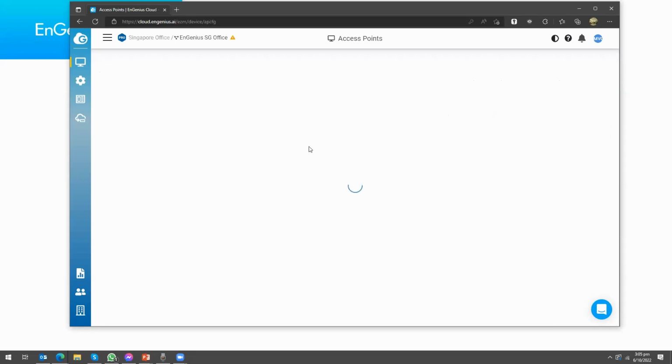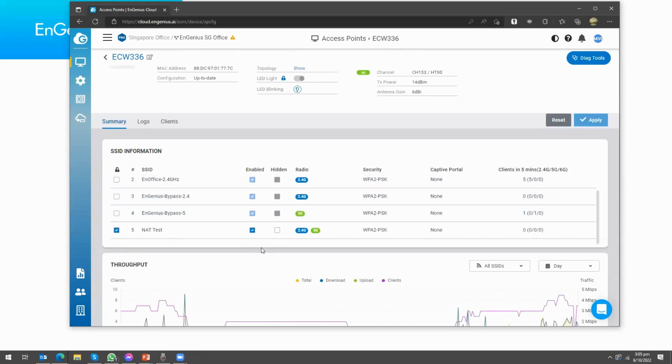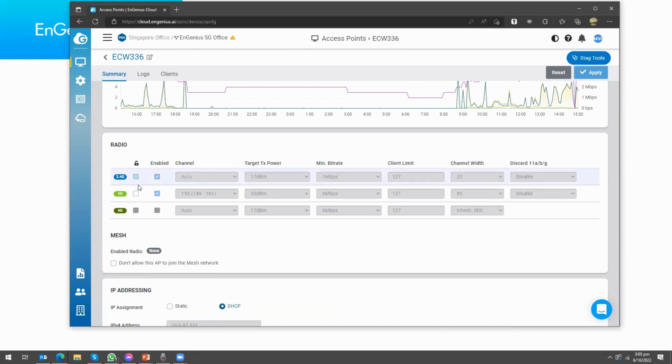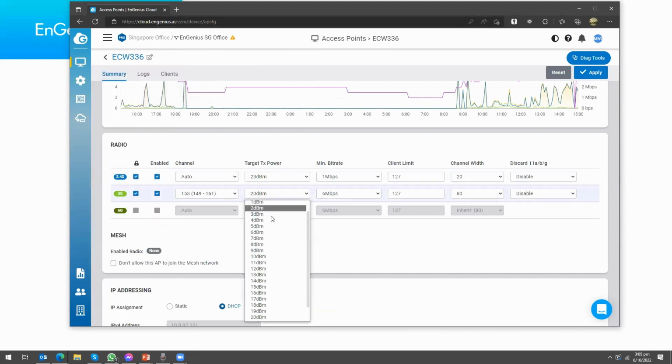From the access point side, you can also individually change the transmit power for each AP. You can do this on the AP page or from the individual AP details page. From here, you can override the settings. For instance, the transmit power set on the radio settings globally is 17 dBm, but I can still adjust it per AP. The ECW336 maximum transmit power is 23 dBm. You might want to check if the number of APs that you have is enough to cover the range